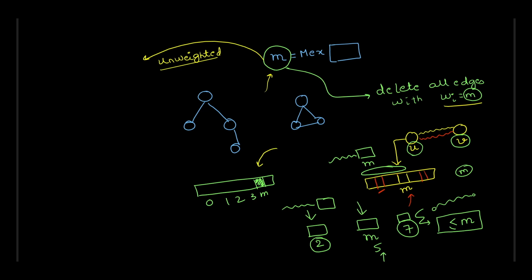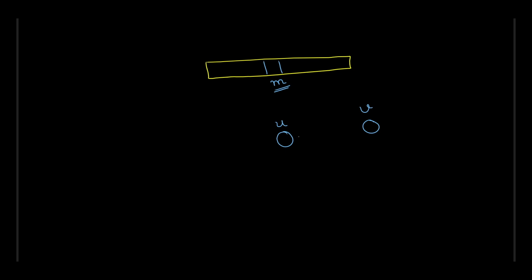Now you might immediately see some ideas originating. That is, you can now kind of apply a binary search technique to find the answer. So suppose this is your m, this is your midpoint, and that's why it was labeled as m, and this is also your MEX. Then you will see that if u and v are connected, suppose you are solving for u and v, if u and v are connected,